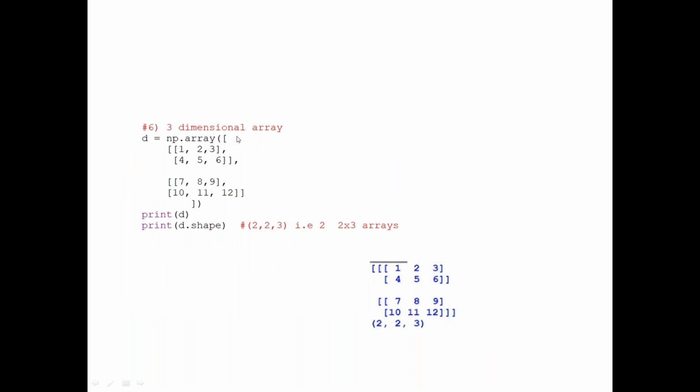And dimension, a 3-dimension array. If I want to create a 3-dimension array, it will be something like this: 1, 2, 3, 4, 5, 6. Two lists within one list, and another list has two different lists. So it is going to be 2 by 3 list, nothing but a 3-dimension array. The main list has this one list and this another list. Within that, again I have two different lists.